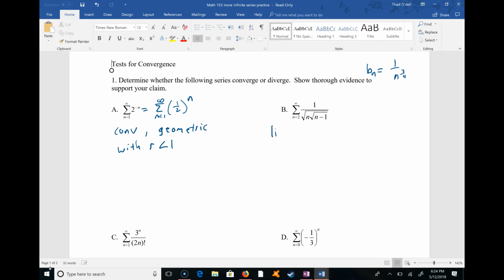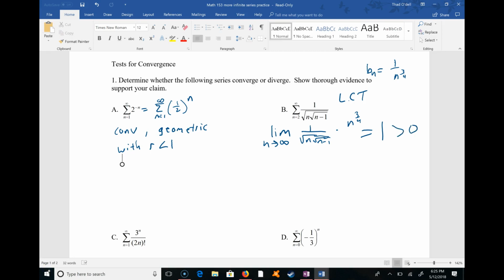So then we take the limit. We put the limit comparison test up here so we know we're doing it. Take the limit as n approaches infinity of 1 over the square root of n times the square root of n minus 1, times n to the 3/4 power. And of course, when n is approaching infinity, that 1 becomes insignificant, and this gets closer and closer to 1. So because we got the limit equal to 1, which is greater than 0,